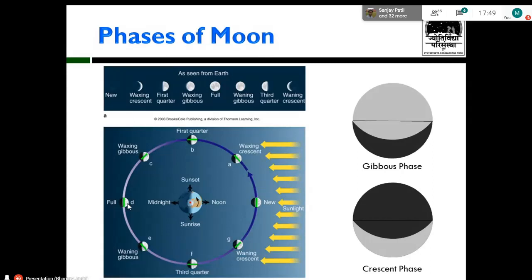The thing is, the orbit of the earth and the orbit of the moon are not in the same plane. The moon revolves in a slightly tilted orbit. So imagine the left hand side of the picture is coming out of the screen and the right hand side of the picture is going into the screen. Okay, so the moon revolves in a tilted manner and it revolves at an angle of 5 degrees. So the orbit of the moon is tilted by 5 degrees to the orbit of the earth.